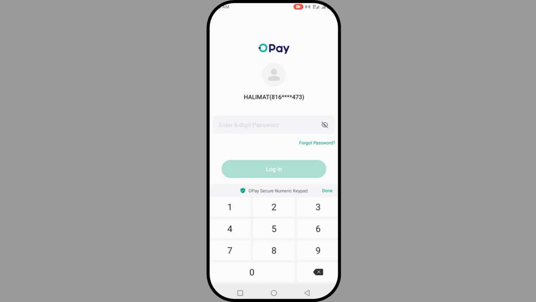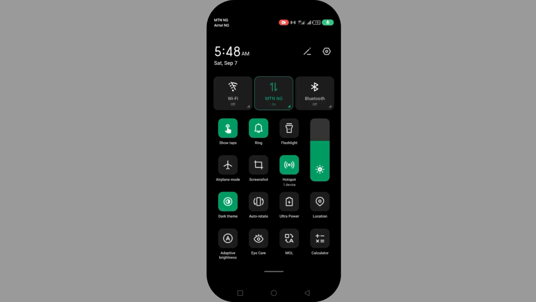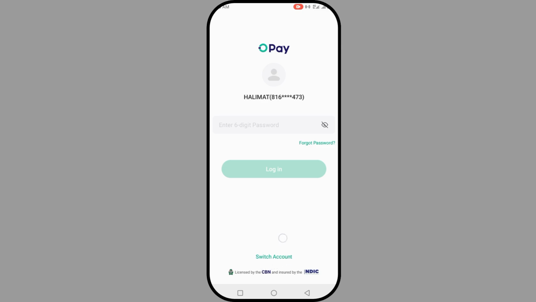So if you want to switch your account in this interface, now don't use your fingerprint to log in yet, just wait for it. Just tap on the phone and you see your switch account here. Sorry guys, let me show my tab. You can see switch account is there. Just click on switch account,